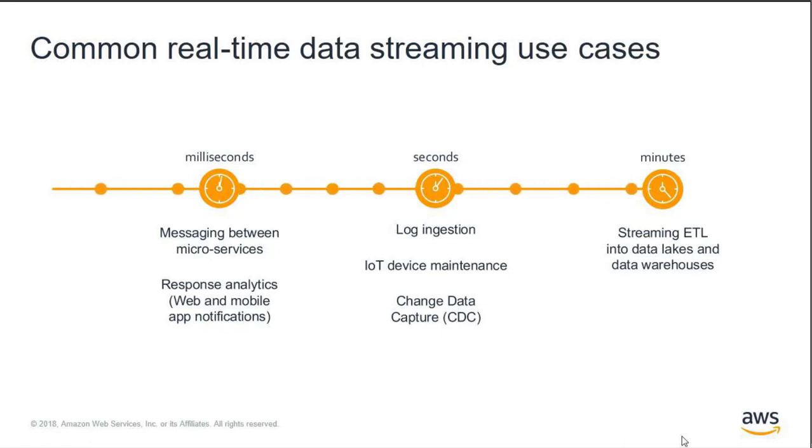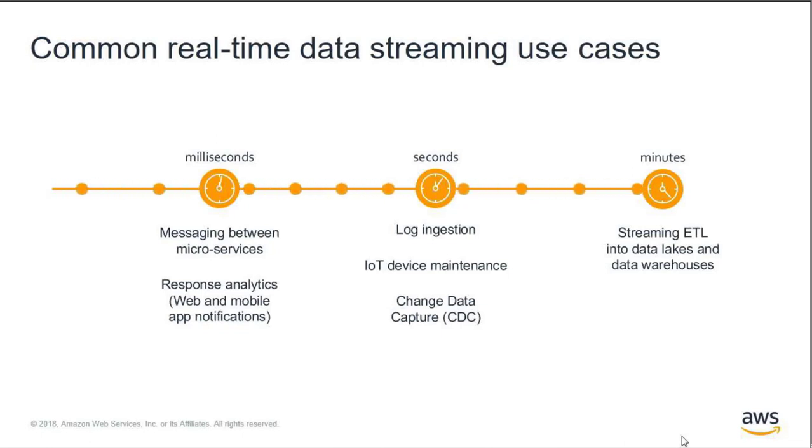So customers might be simply delivering their data to their data lakes and data warehouses faster than they did previously. They might be using streaming technologies to get data to those data stores in minutes instead of hours or days. Also, they're able to process it immediately after it arrives in the data lake, instead of performing a number of other steps after the fact to massage and clean up the data. So at the simplest use case, that's in the latency of minutes, and that's a core streaming use case.